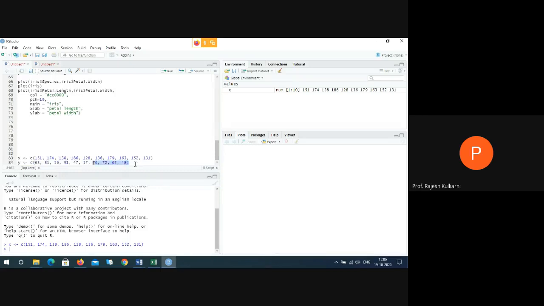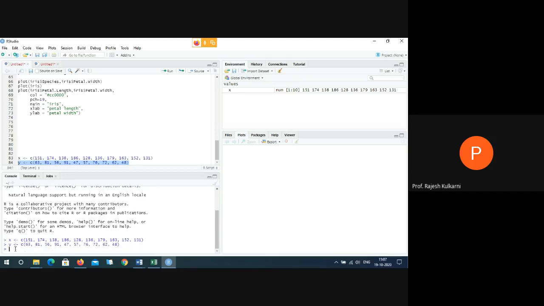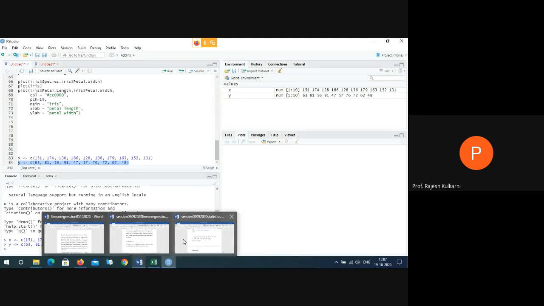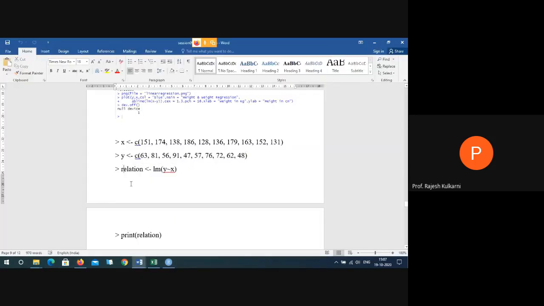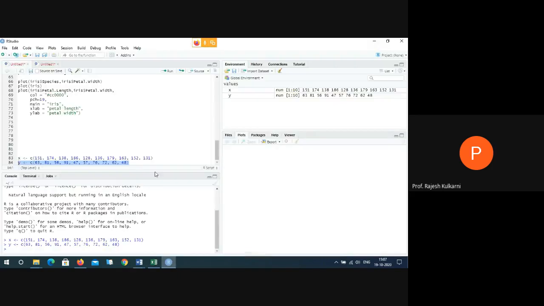Again, same thing, I copy at the command prompt. So we are given the values of X. Now using this formula, lm is the linear regression formula to find the relationship between Y and X in R. So I'll give it here.